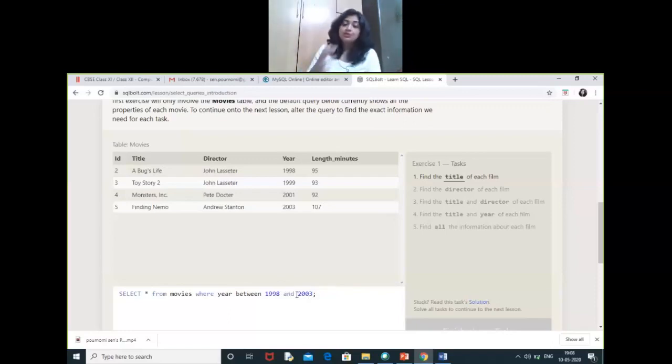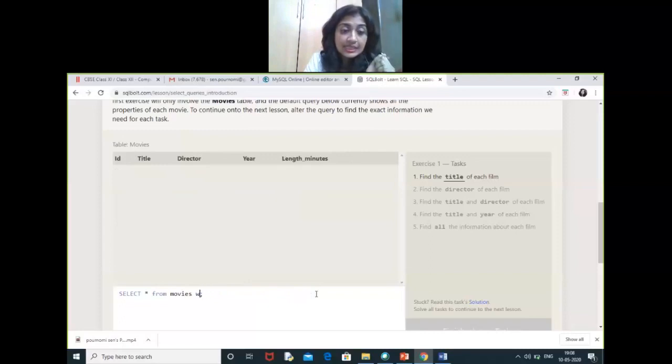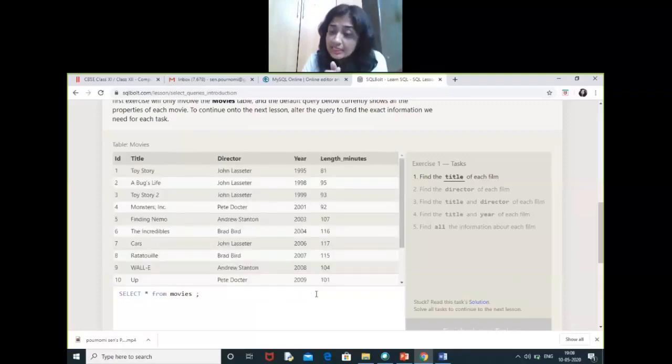So this is the BETWEEN clause. Always with BETWEEN, AND is to be used. And in case of BETWEEN AND, both the values, the first value and the second value, both will be included here. So this is what the BETWEEN clause is. There is another clause also, that is the IN clause and NOT IN clause. So we'll be learning that also.